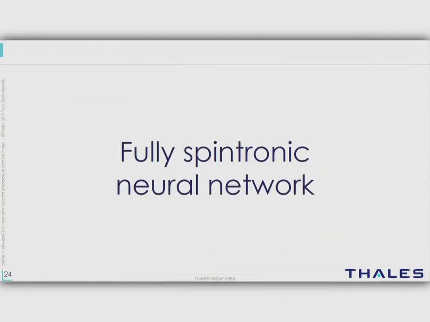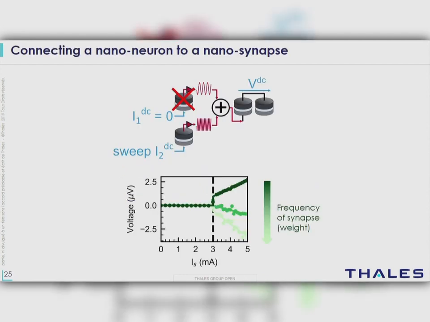Okay, so now I have synapses, I have neurons, and I will now put them together to do a fully spintronic neural network. So first thing I'm going to do is to connect one neuron to one synapse. Okay, so here I prepare you the schematic for when there are two neurons and two synapses, but here only one neuron is active, so this one we send 0, so only this one is emitting, and it will go to a chain, but because there's only one on, it will only